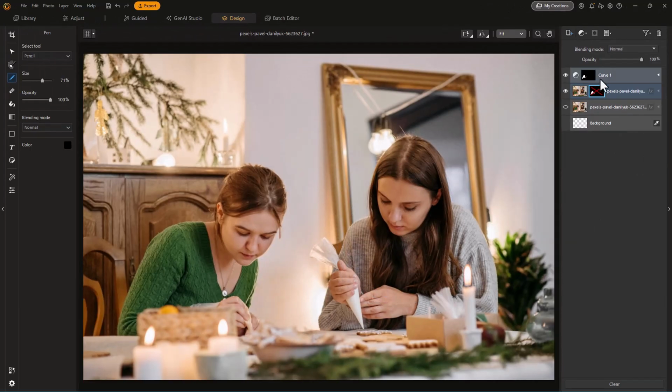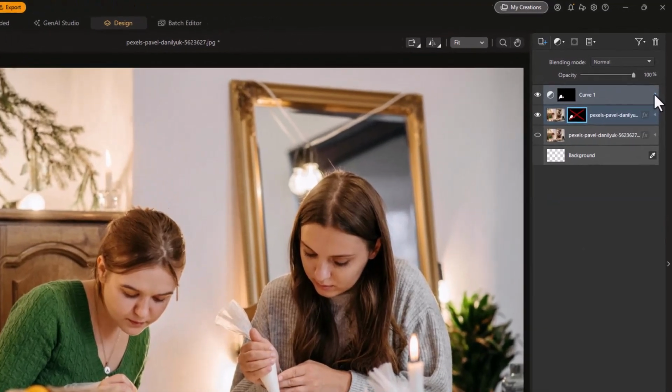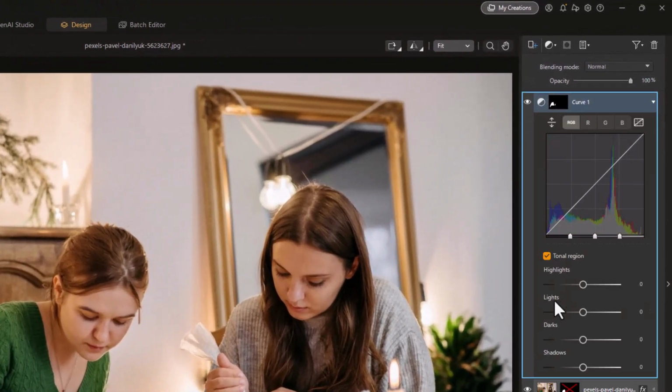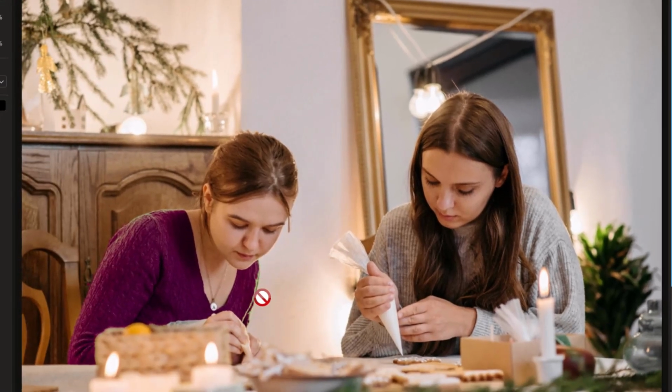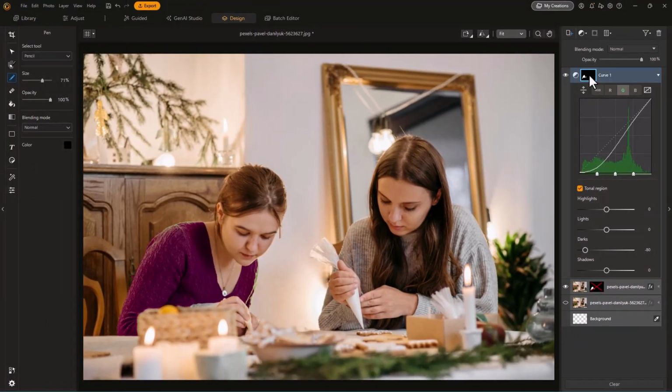So I'm going to apply a curve adjustment, but I only want to apply the curve adjustment to the mask, and it's set to the mask right now. I'll take the green, and we'll change the green here, and we'll give her a slightly different color there for her top. Now I notice it's not exactly what I want it to be, so all I need to do is go back to the mask,